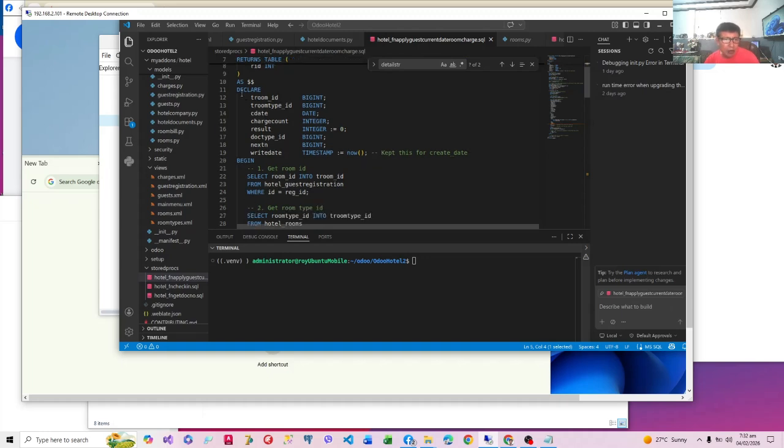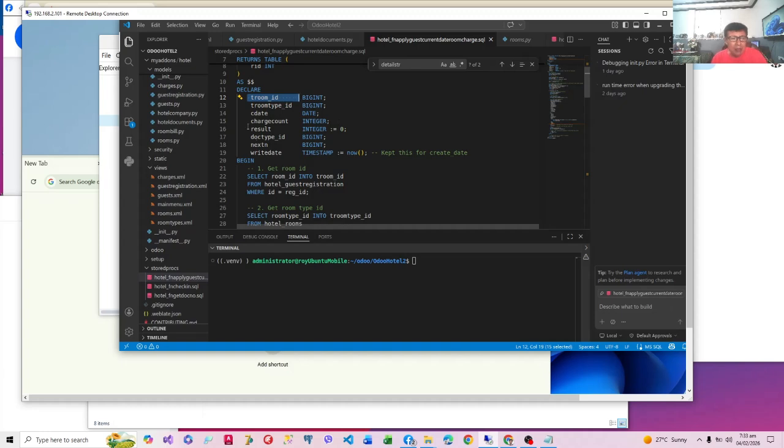We have the following local variables: the room ID, because we will need it to look up the room type ID. Why do we need that? Because we had the daily charges model, remember, that makes charges to the rooms based on the room types. We have the current date, and the charge count. Now we will count the room charges every day, so that if there's already a room charge, we will not charge again. That would do a double charge, which will not be accepted by the guest.